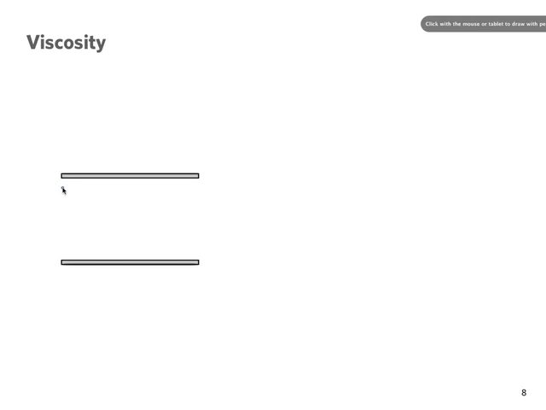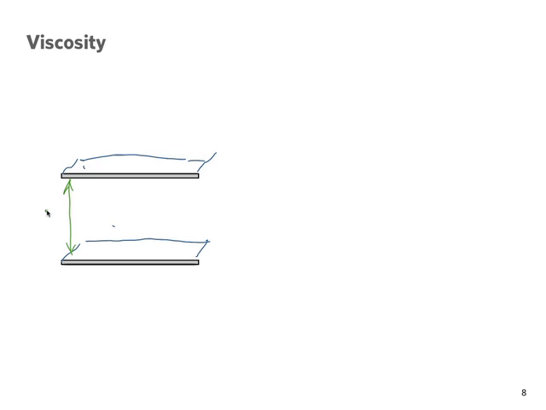And he considered the theoretical situation of, say, two parallel plates. I'm looking at a cross section of two parallel plates, okay, where there is fluid in between. Let's say that the distance between these two parallel plates is h. Well, no, I think I've called it y here. So, based on observation, Newton observed